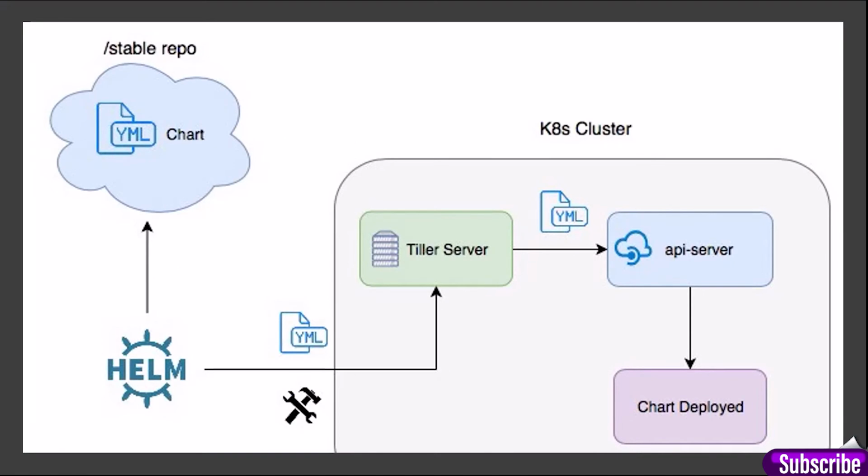In this diagram also, we can see how it is deployed in Kubernetes. As a developer, we create a Helm chart, which consists of multiple YML files, which is sent to the server. On the server side, the Tiller server, with the help of Kubernetes, is used to deploy the different configurations which are needed for the application.